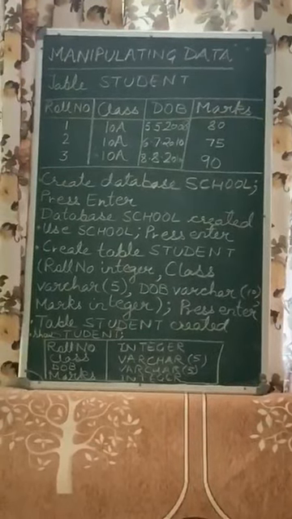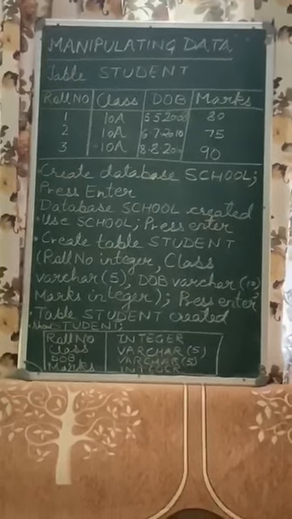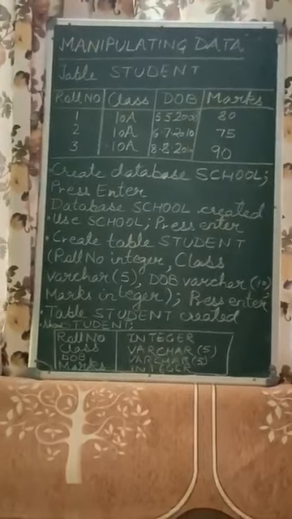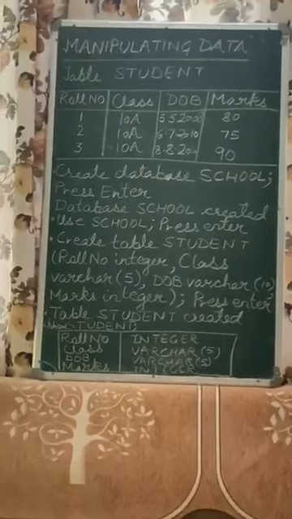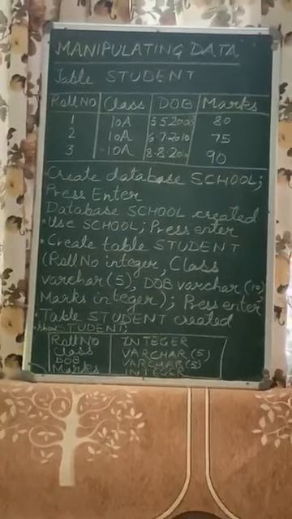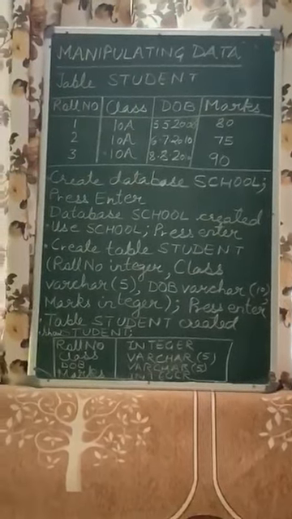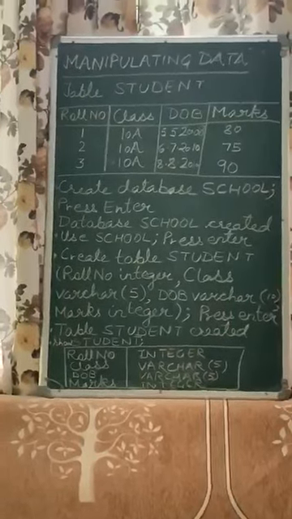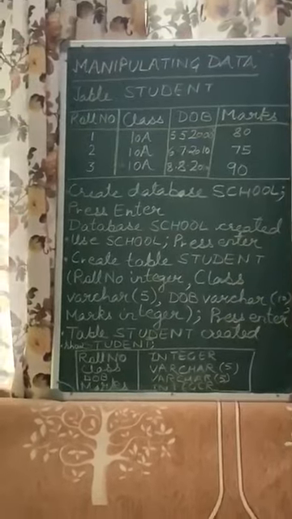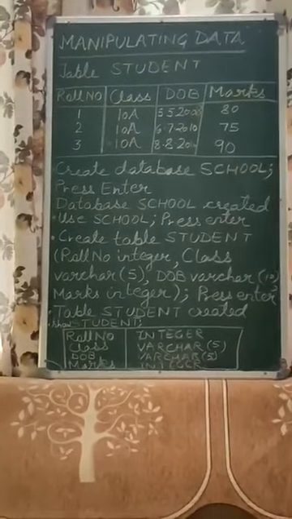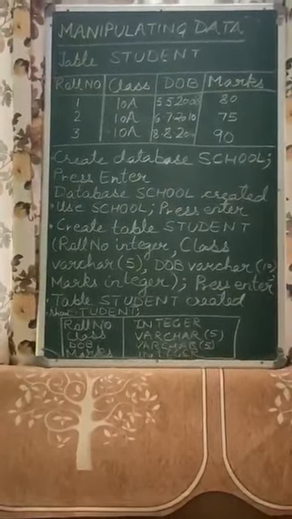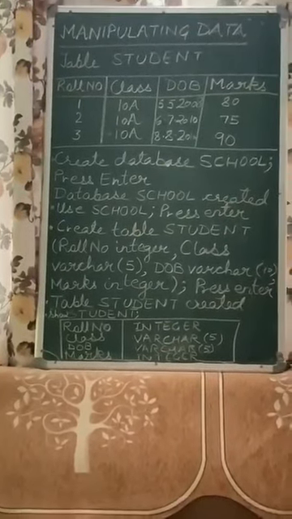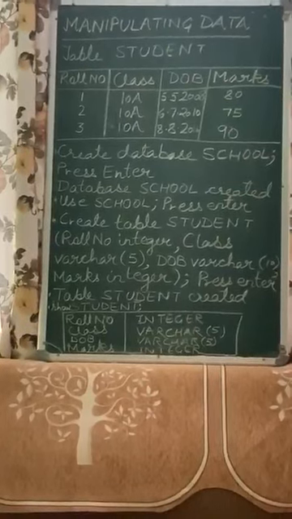So it is very important to put this semicolon. So again I'll repeat the same statement. Create table student. In the bracket I'll write the column names and the data types. Then I'll close the bracket and put a semicolon. Then I'll press enter from the keyboard. It says table student created successfully. Now if I want to see this table, I'll write the command show student. So it will be showing your table like this. Roll number, class, DOB, marks, and before it will be your column names.